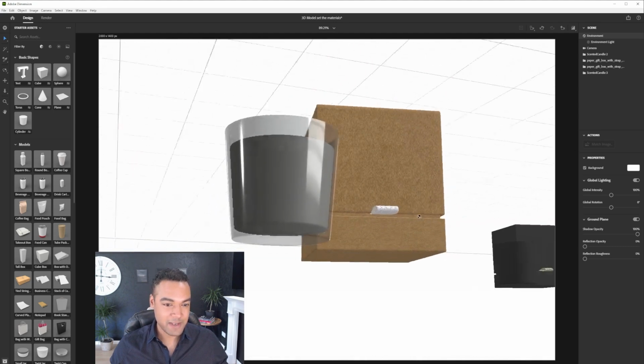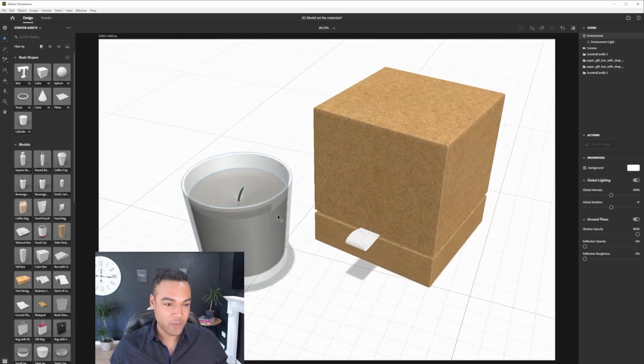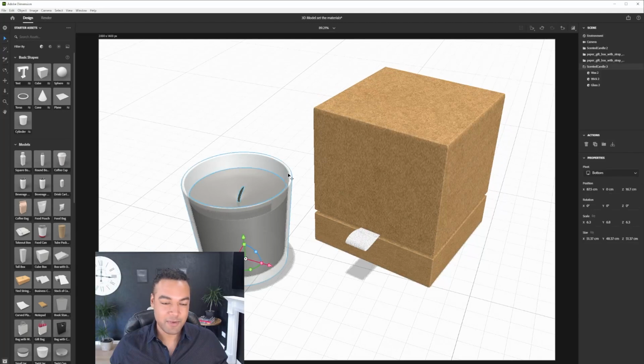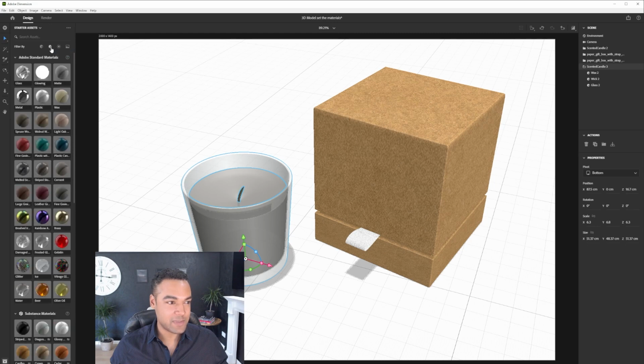And at the moment, there's a bit of transparency. We have a separate element. If I select this for the wax, the wick, and the glass, I'm going to change the filter on my starter assets to materials. Again, there are actually premium materials that you can purchase, but I found the starter assets for materials at least are more than sufficient. So I'm going to use this matte finish for the glass,